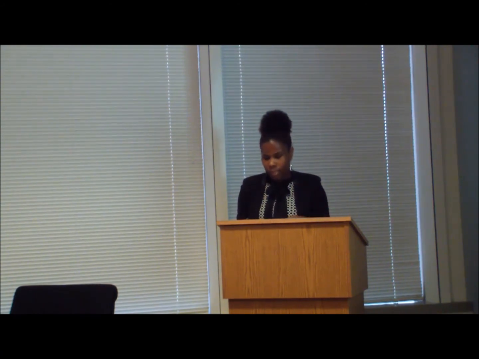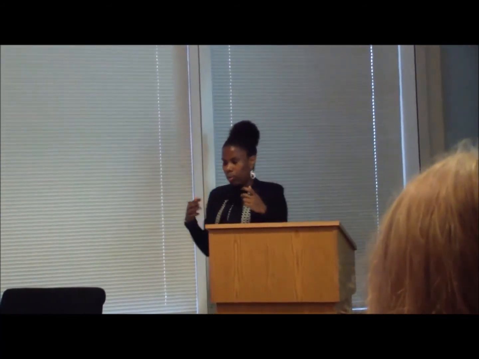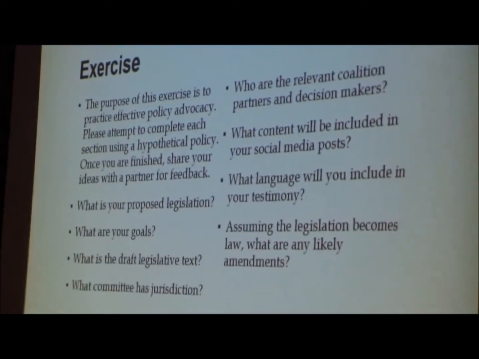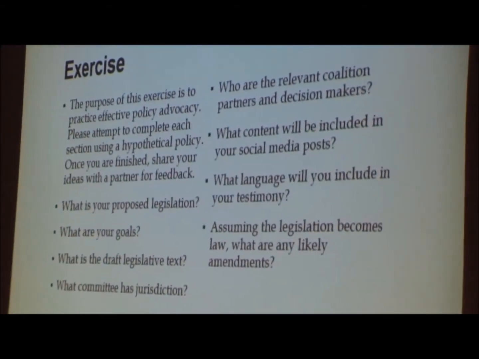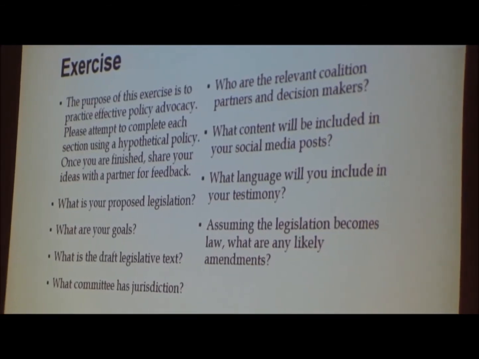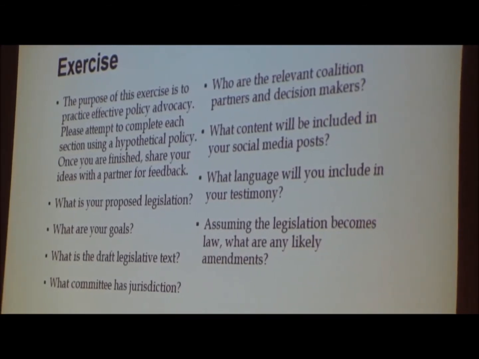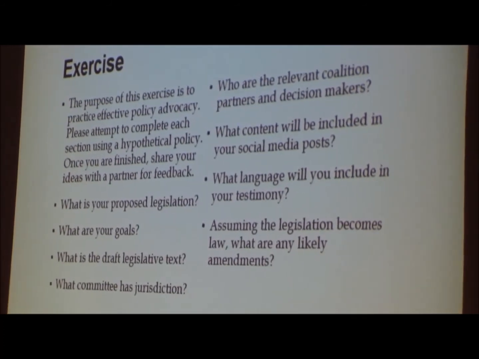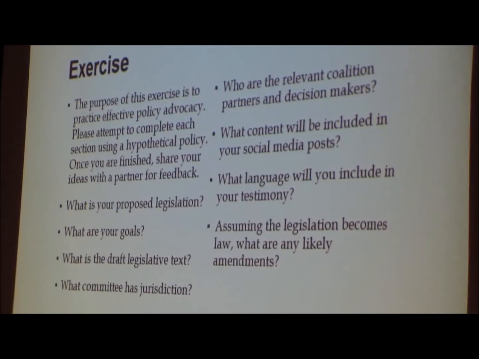Also in your packet is a list of committees that you may want to think about where your bill will go. So the first thing is you write down your proposed legislation, write down your goals, do a few sentences of draft text, select the committee that would have jurisdiction, think about who your coalition partners would be, draft social media posts, what you'd want to include in your testimony, and then think about any